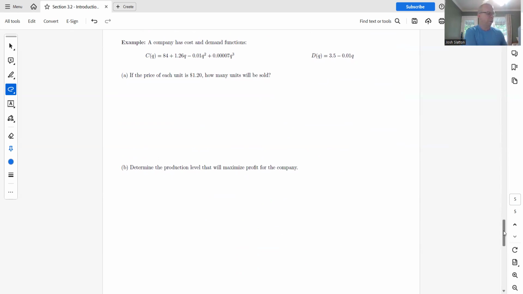So if the price of each unit is $1.20, how many units will be sold? So let's set the demand function equal to $1.20 and then solve for Q. So negative 0.01 Q, subtract 3.5, and we get negative 2.3. And then divide by negative 0.01, and we get 230. And then determine the production level